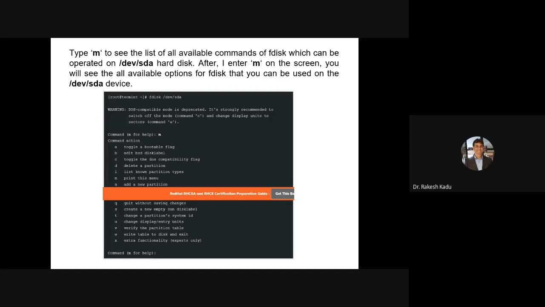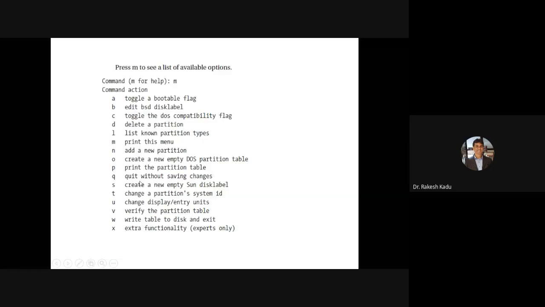Okay, so these are the different options which are available with this particular fdisk command. So you can see, these are the options, that is add new partition, create a new empty DOS partition. P option is important, print the partition table. So this is again important one. So every time when you want to list the partitions which you have created, you have to use this P option, that is print. Okay, तो इसमें से important है D,